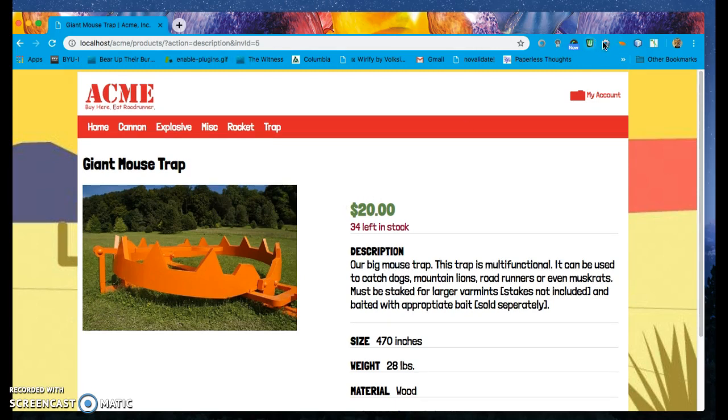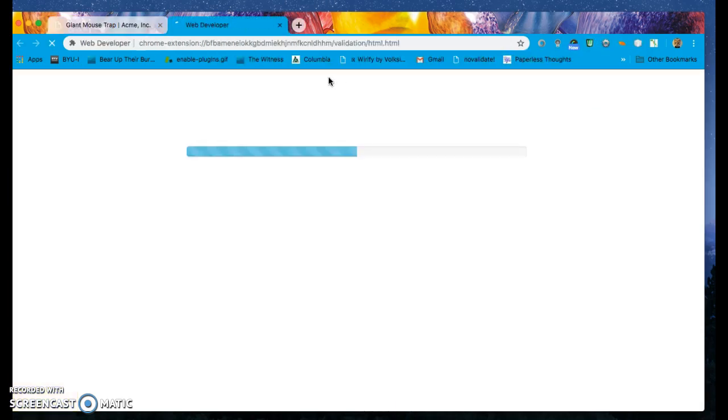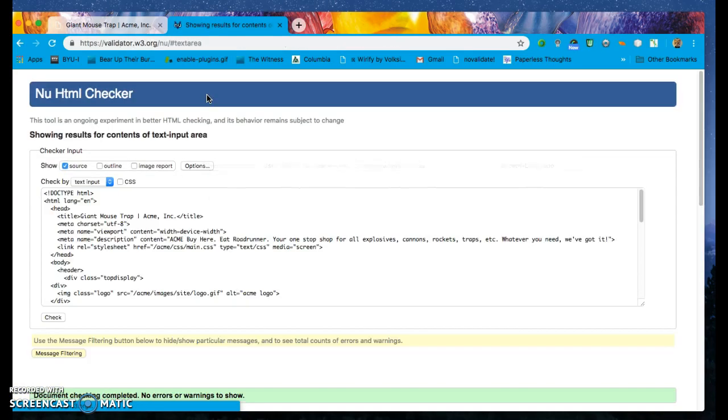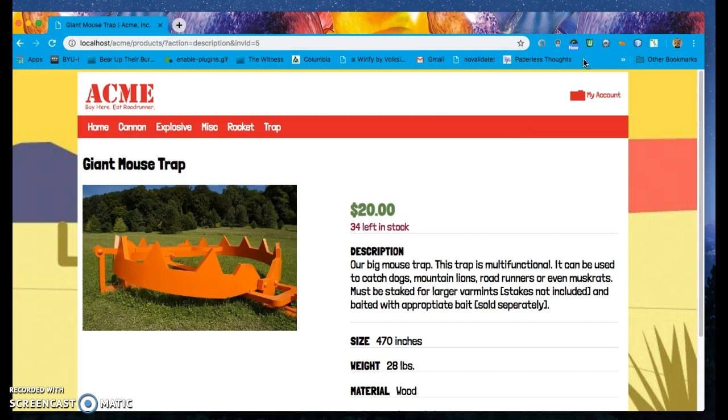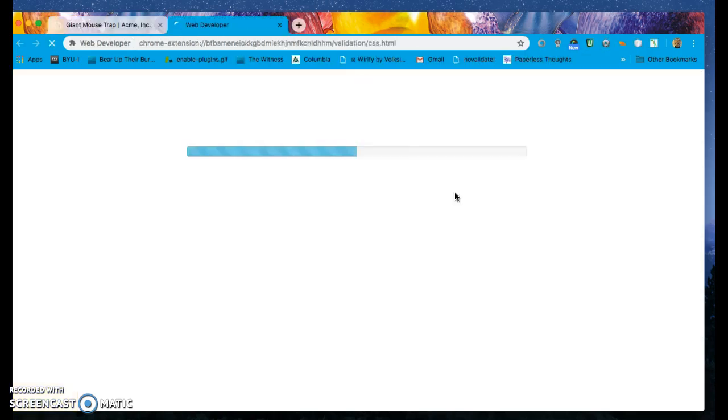And then when I go to validate a description page, no errors or warnings, and CSS,